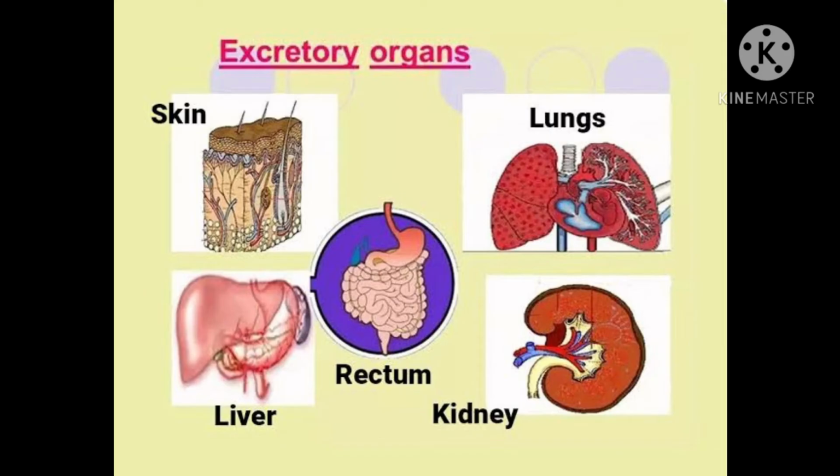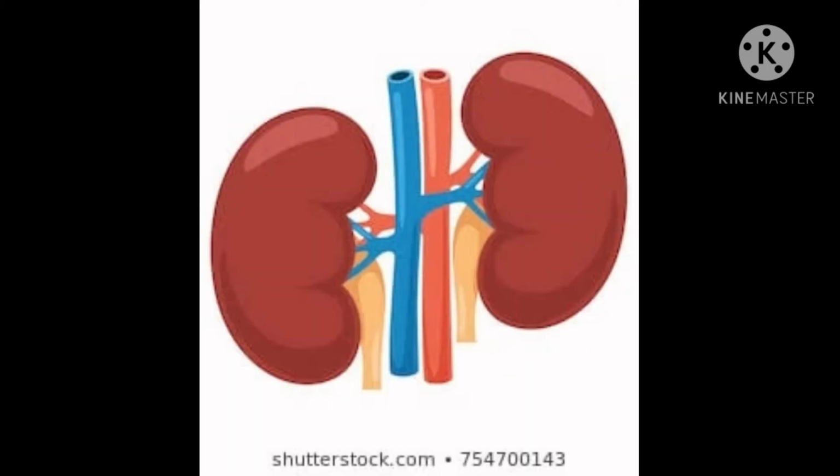Firstly, we are going to study excretion in animals. In this picture you can see the various excretory organs of the body, that is skin, lungs, liver, kidney and rectum. So let us see which organs make up our excretory system. First of all, we are going through a pair of kidneys. Kidneys are situated just below the diaphragm and inside the abdomen on either side of the vertebral column. They are bean shaped and deep red in color. You can see this in your book also. Kidneys are of bean shape and they are deep red in color.